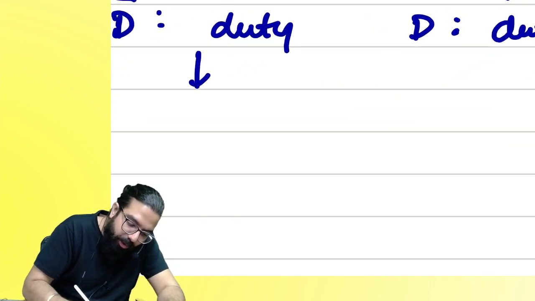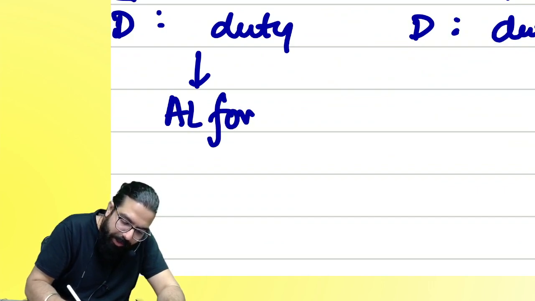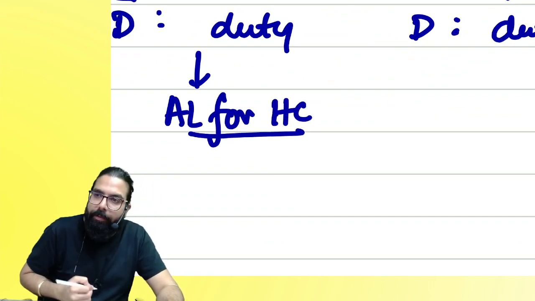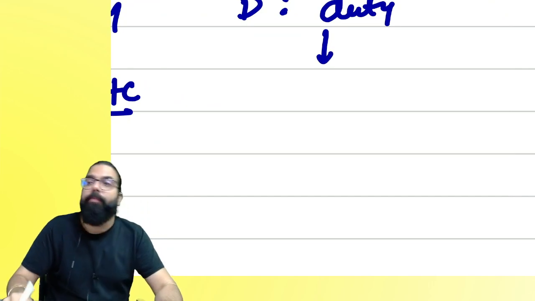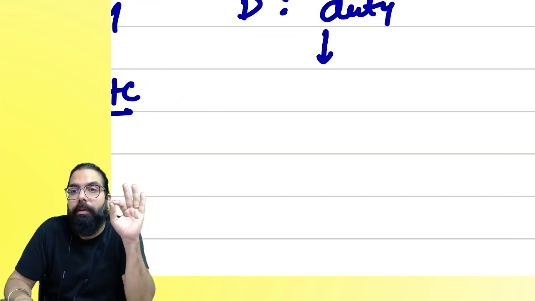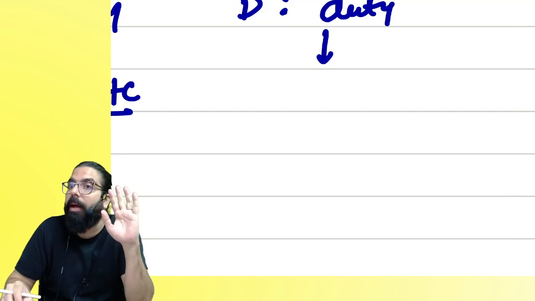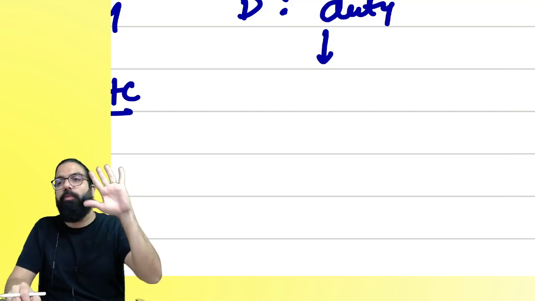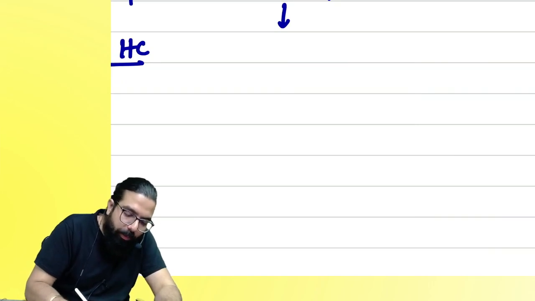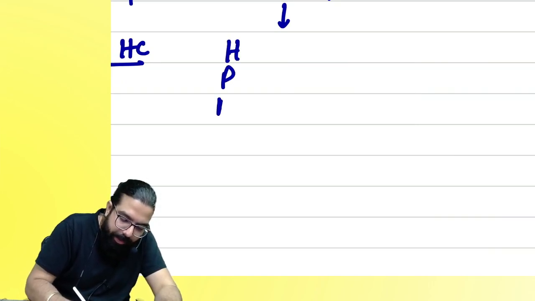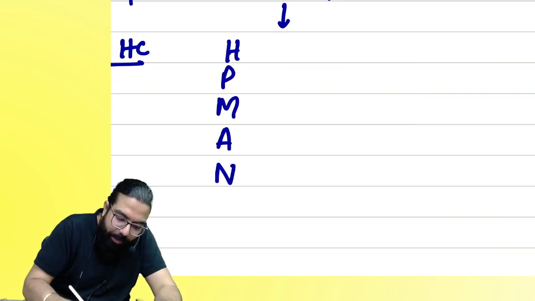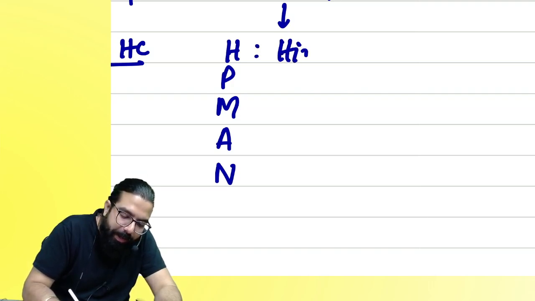Now, state excise duty on alcoholic liquor for human consumption is still there. Central excise duty is on petroleum products. What petroleum products, sir? There are five petroleum products which you have to remember. To remember, I have made one mnemonic known as HP man. Sir, what is HP man? H for high speed